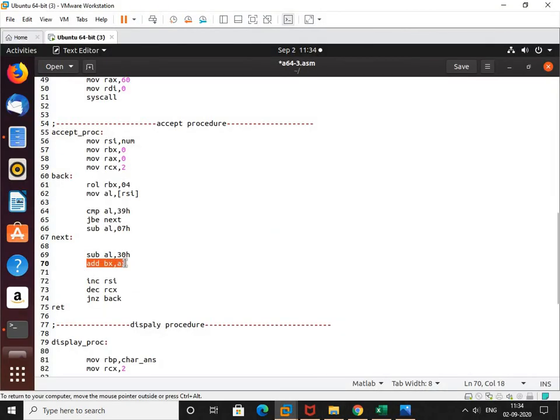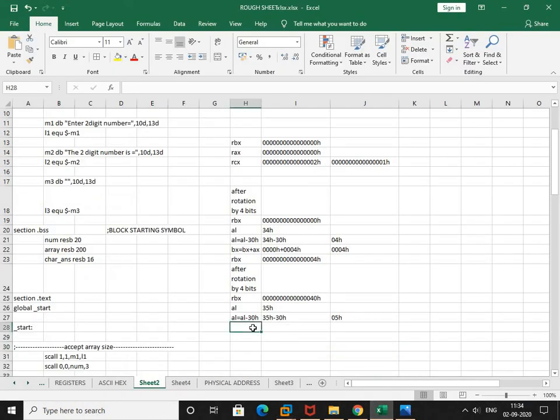Now add BX comma AX. Now add the content. Now what is the current content of BX? Sorry, the current content of BX is 0040H.